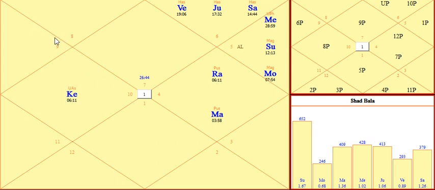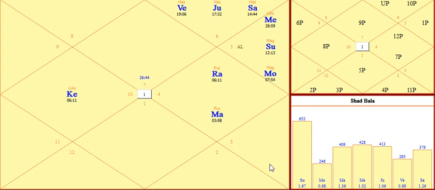Similarly for the third house, Sagittarius is there. So the third lord is Jupiter. To calculate the third Pada we have to see how far Jupiter is placed from this third house and then count similar houses from there. So 1, 2, 3, 4, 5, 6, 7, 8, 9, 10. So it has gone 10 places. Now we have to count 10 more places from this position of Jupiter. 1, 2, 3, 4, 5, 6, 7, 8, 9, 10. So this falls in the 9th house.